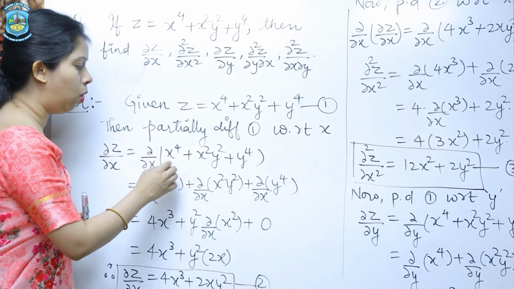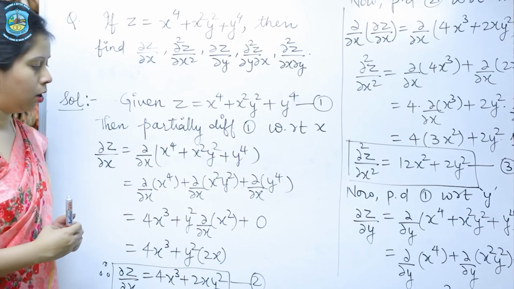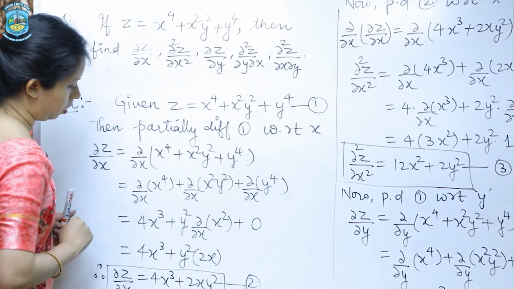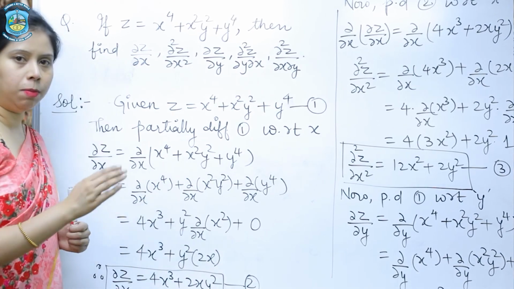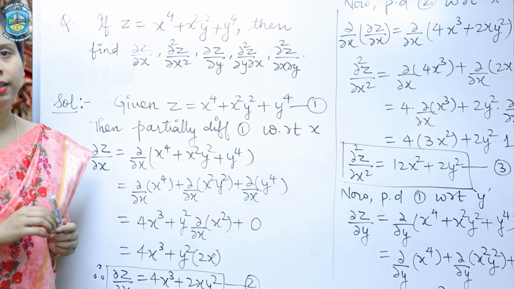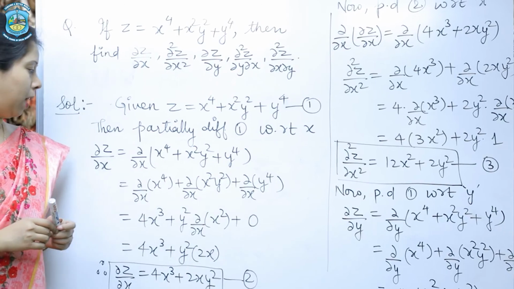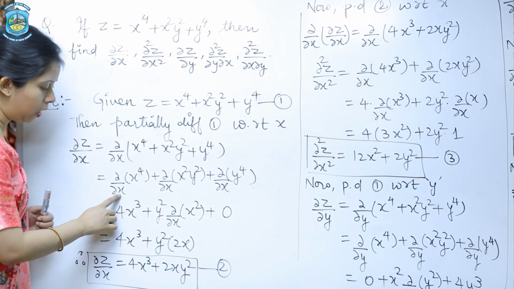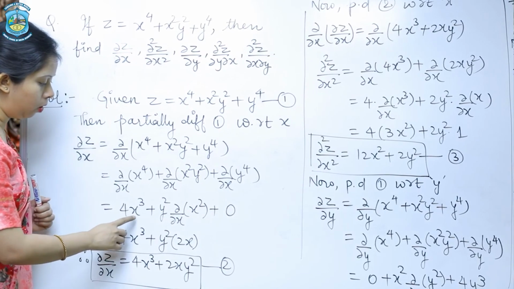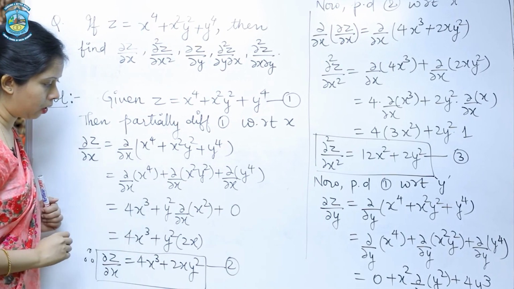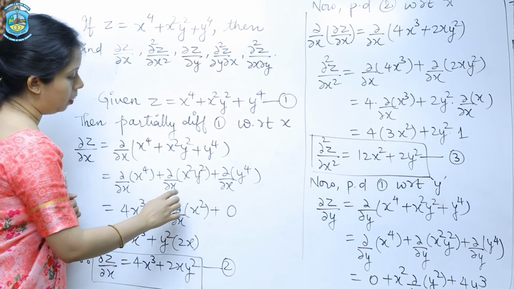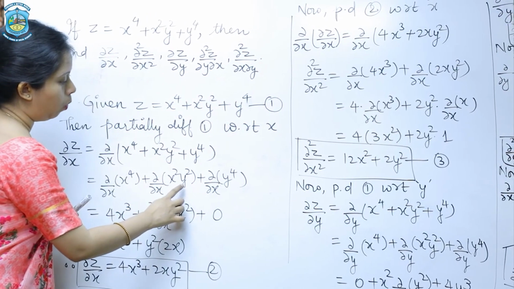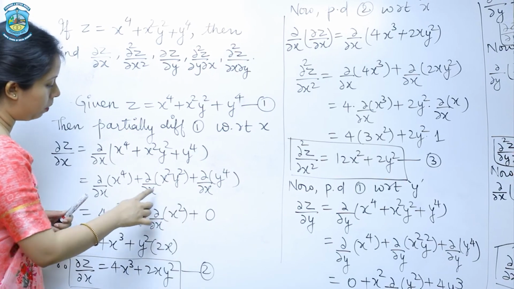Now, using the rule of derivative of sum of functions, that is equal to the sum of the derivative of the functions. So, now using the formula of d by dx of x raised to the power n, that is n into x raised to the power n minus 1. So, differentiating x raised to the power 4 partially with respect to x, we will get 4 into x raised to the power 3 plus, for the second term, since we are differentiating partially with respect to x, y is treated as constant and will be taken out.